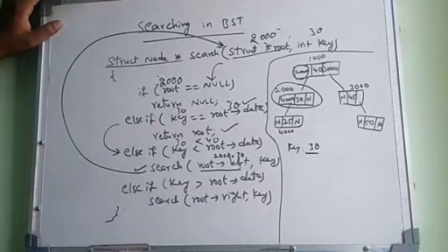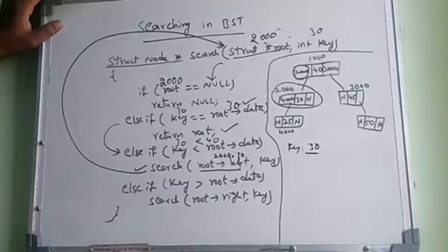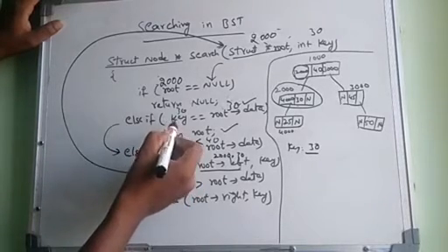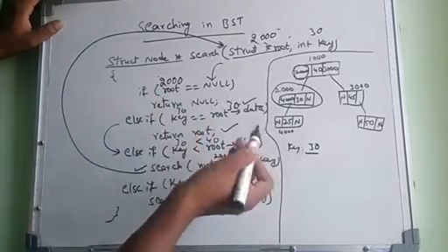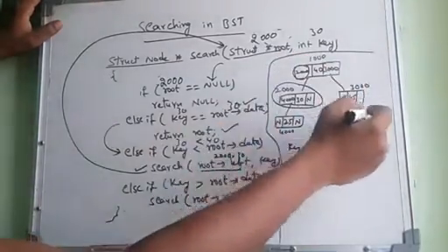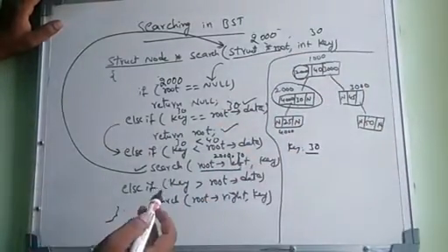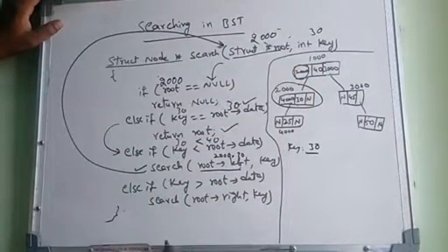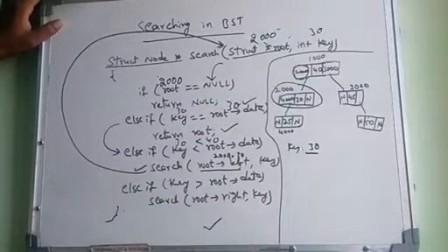Already we discussed binary search in the previous units. Binary search is based upon a property. Property in the sense, the key value, the searching element, is greater than the root or less than the root. If the searching element is greater than the root, then only search the right side. If the searching element is less than the root, only go for the left hand side. Okay, so this is searching in the binary search tree.